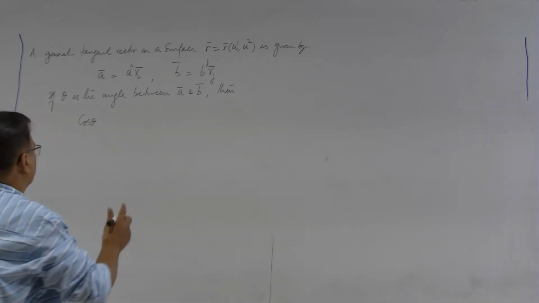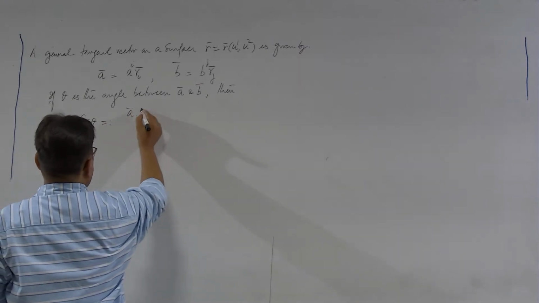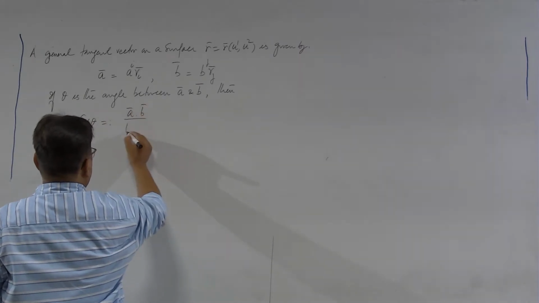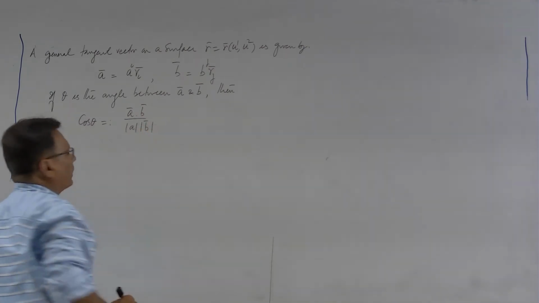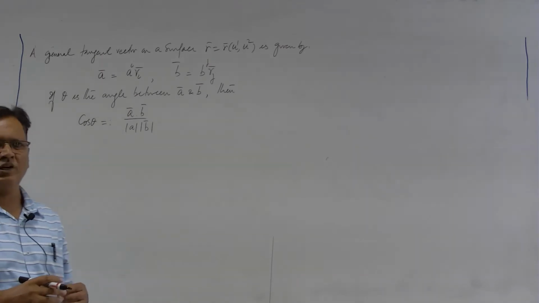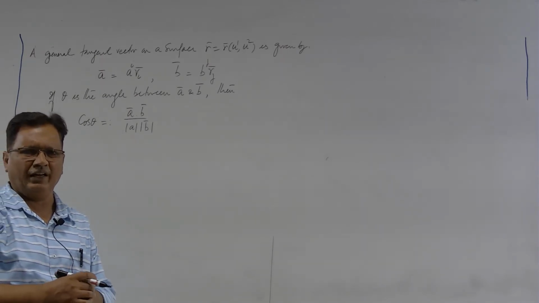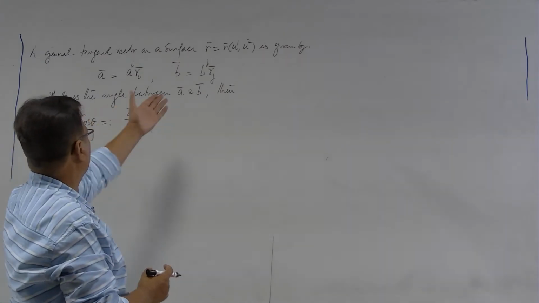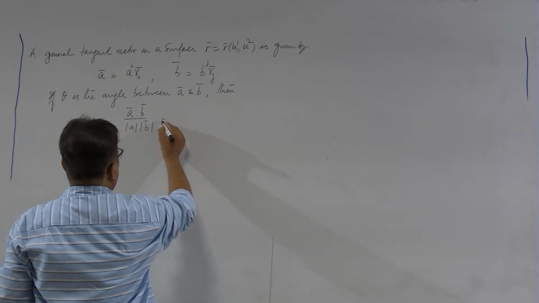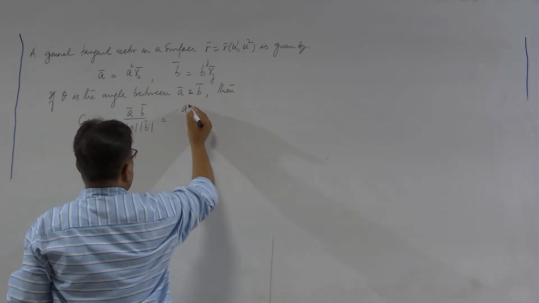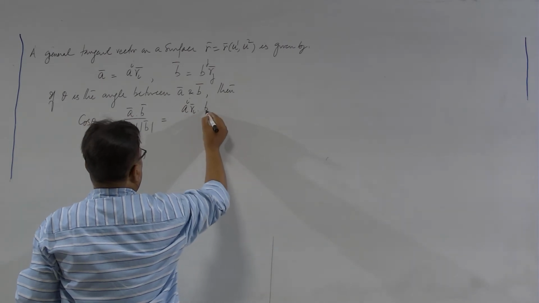So, this I define as A dot B upon modulus of A into modulus of B. This is the formula that we usually use in R3 for computation of angle. So, these vectors lie in R3, and we are using this formula. A is some a i into r i, B is b j r j,